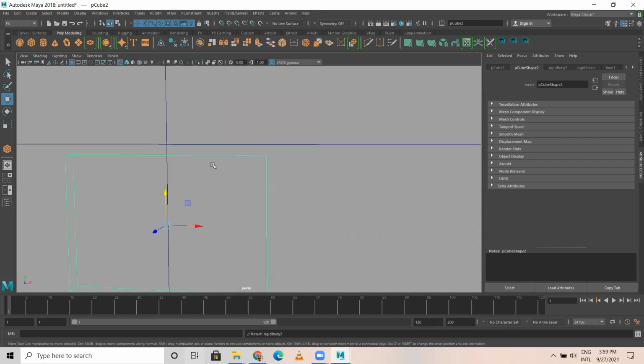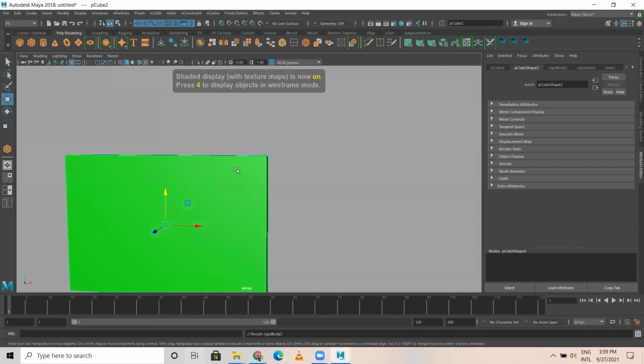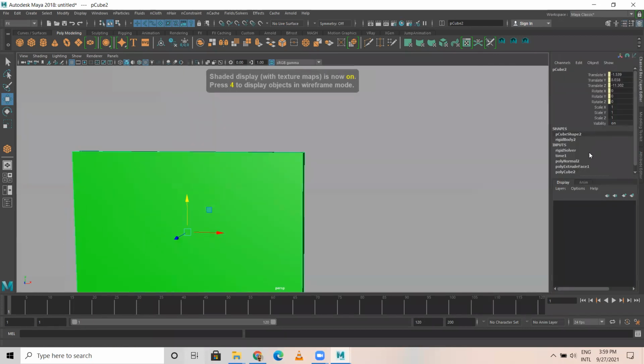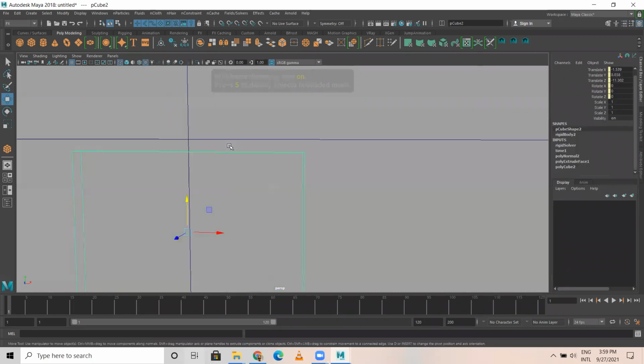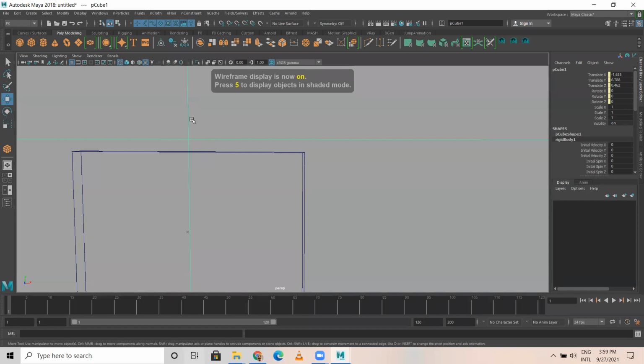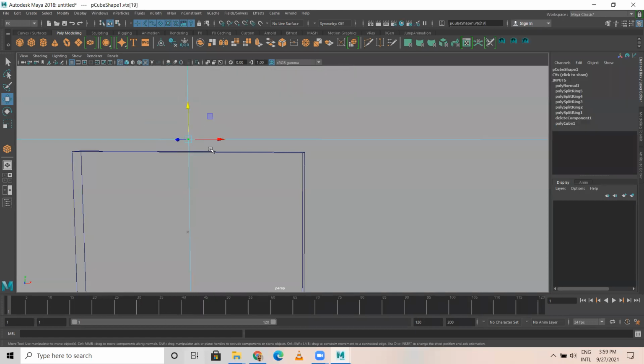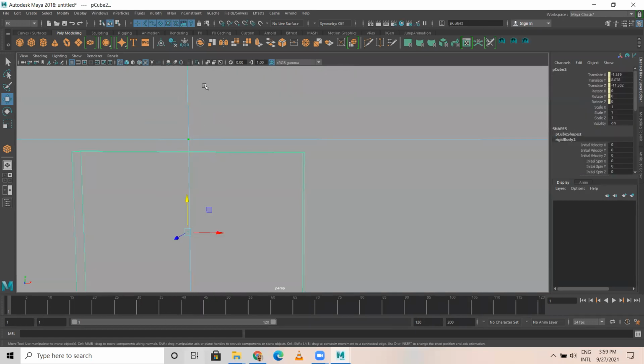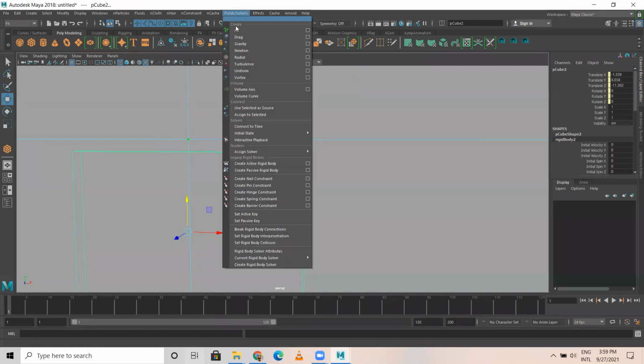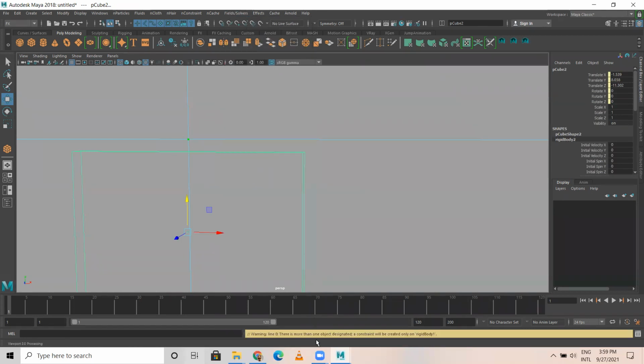This is my active body. You can see this is an active body now. First, select this, go to vertex, select this vertex, and shift select this object. Go to Fields and Solver, create nail constraint. There's more than one object designated. A constraint will be created only on the rigid body.